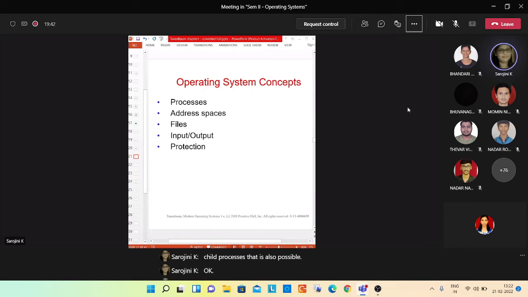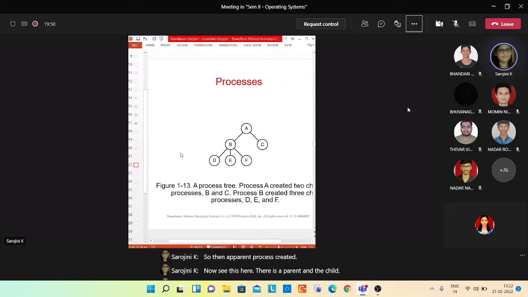So when a parent process is created, now see here, there is a parent and a child. This parent-child creation of processes creates a tree structure. See, A is a parent. B and C are child processes for parent A. And then B created 3 more processes.